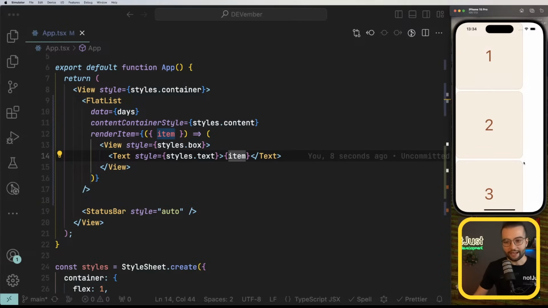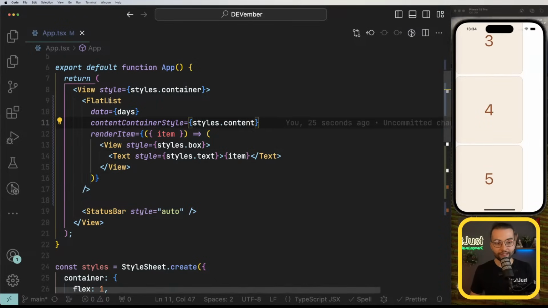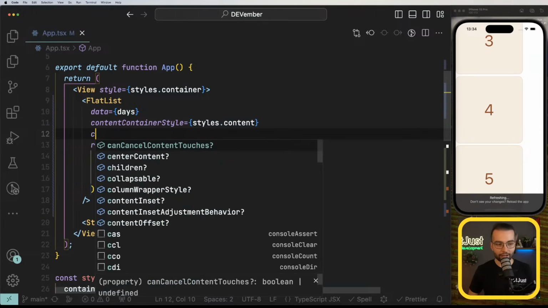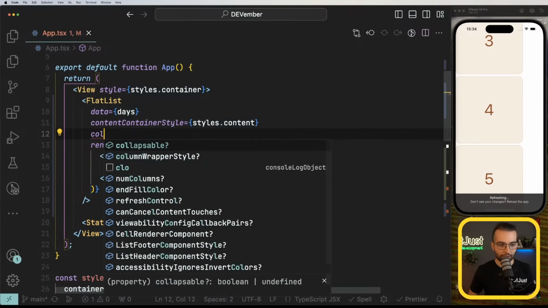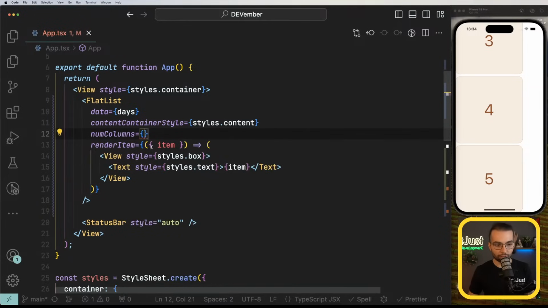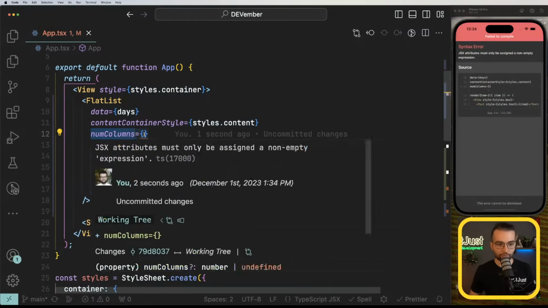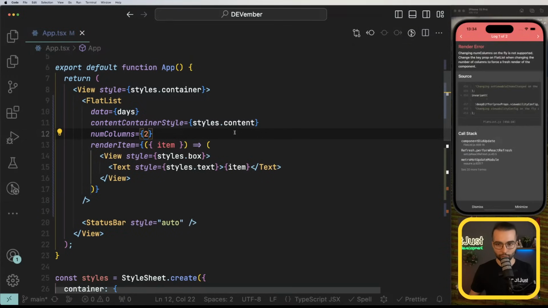What I want to do is actually I want to have multi-column lists. I want at least 2 columns on a mobile device. Maybe on the web we will need more columns. With FlatList we can simply change the